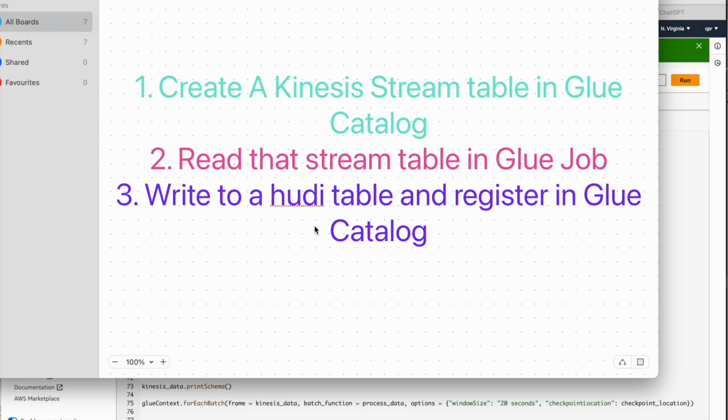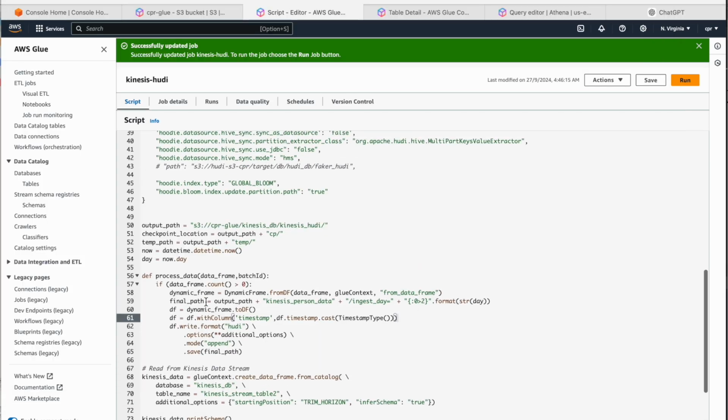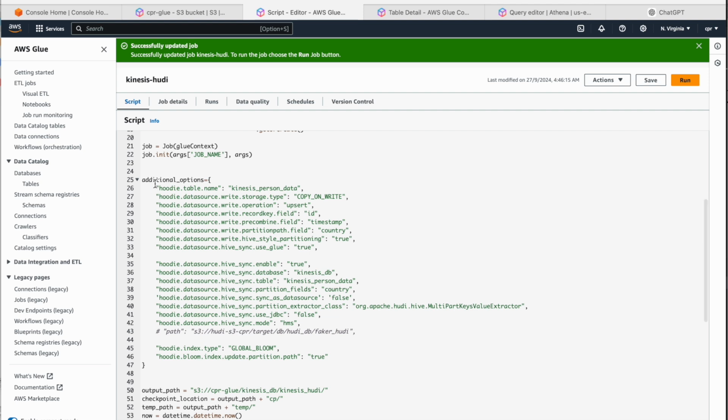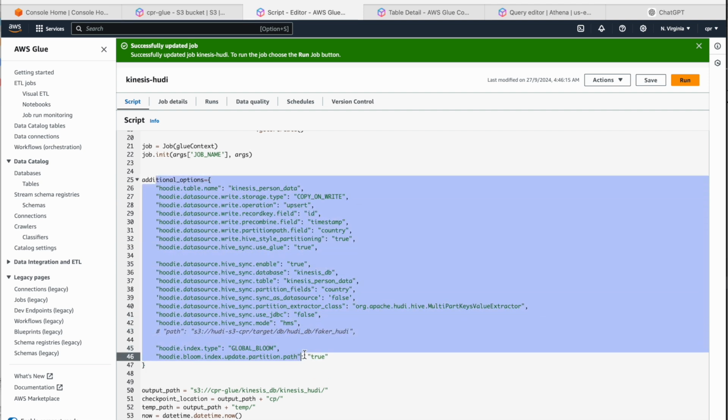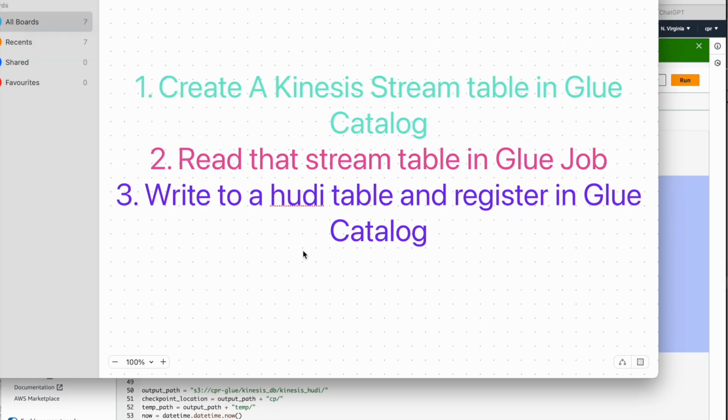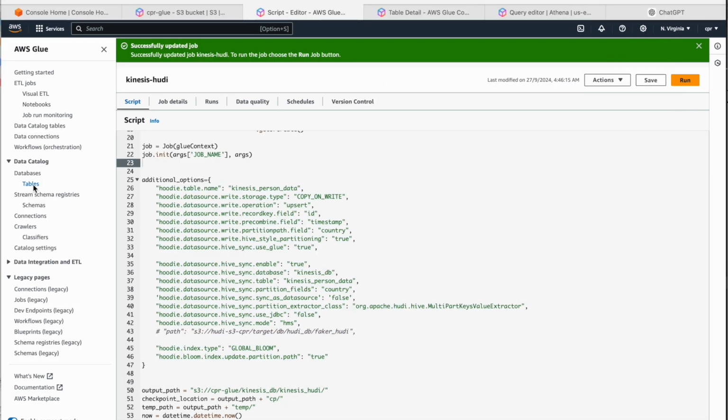And how do we write and register in the Glue catalog? It's so simple. We have to use the Hudi properties, which I have already discussed before. These are the properties which help us to write into the Glue catalog and register it there. That's it. So these are the three things we are going to see. So let's go ahead. Let's go to tables